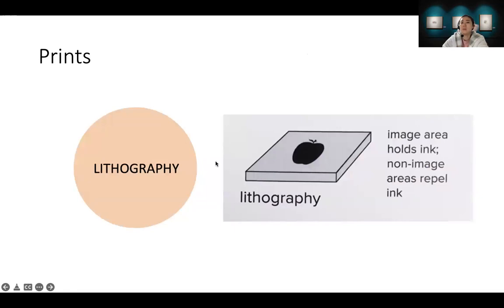And the third one, lithography. So lithography is a totally different technique from relief and etching. The image area on the lithography plate holds ink, and the non-image area repels the ink.